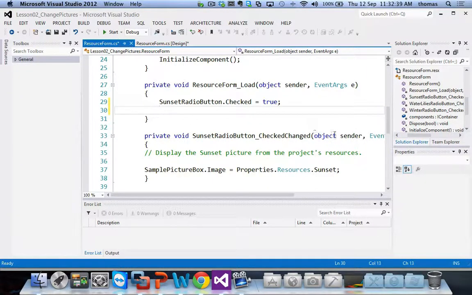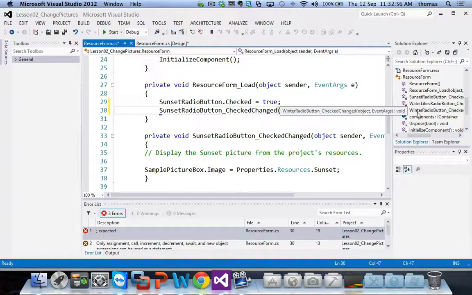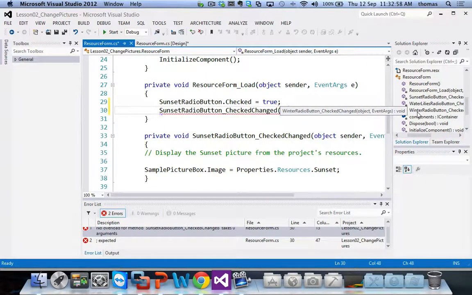Because they are looking for some objects here that it's asking me for. Do I have to pass anything in there, or is this an overloaded function, if you will? Let's take a look. Let's experiment. So if I said sunset radio button check changed, if I actually call that function,